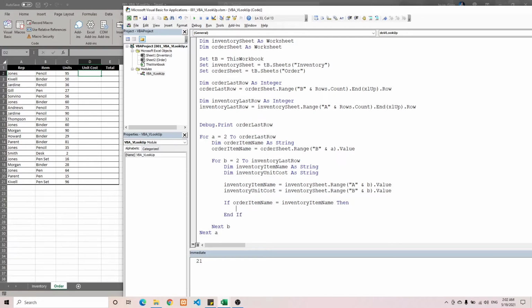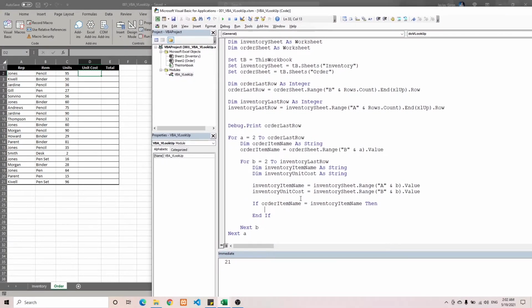what we're going to do is put here the value of the variable inventoryUnitCost. To do that, we will go back to the order sheet variable, because that's where the column is, .Range, and the unit cost column is letter D, and then we need to use the counter variable for the parent for loop, which is A, and let's save that value in here. Now we set it to the value of our variable inventoryUnitCost. And after that,